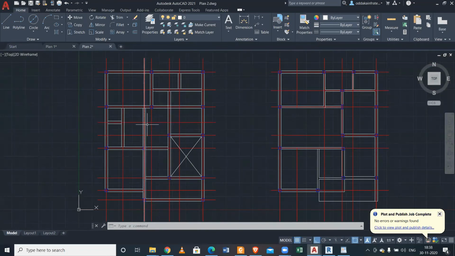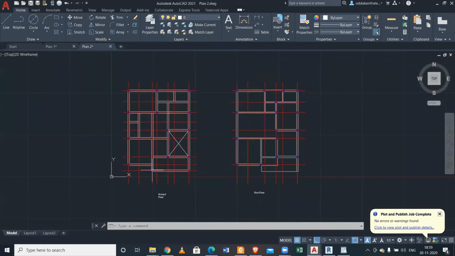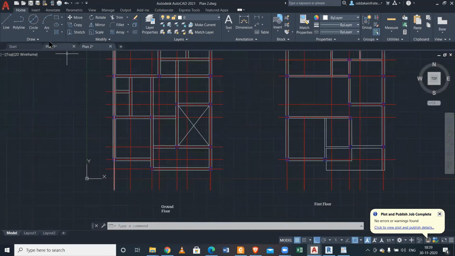So yeah, this portion can be a concealed beam. In THD, we will not provide this one. We don't need to provide this one in plinth level, and we don't need to provide this one in either level, because this one will be a concealed beam, and this one will also be a concealed beam. So we'll consider these things while we do it in the software.